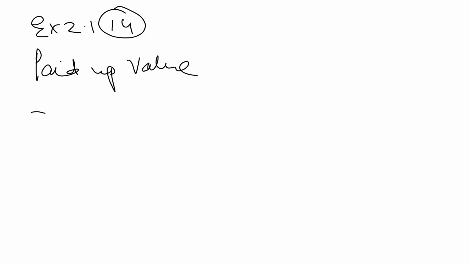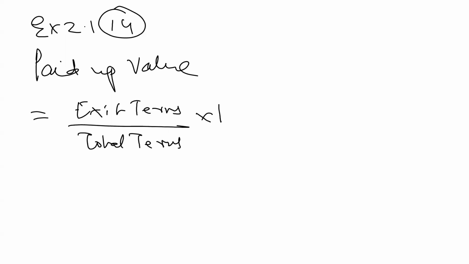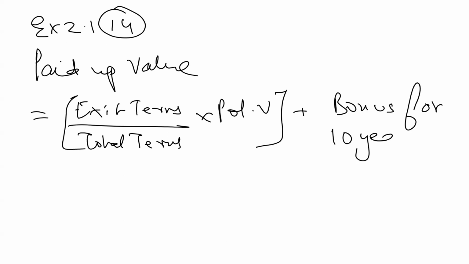So paid up value is equal to exit terms upon total terms into policy value plus bonus. Now in this particular problem, he'll not get bonus for 20 years. The policy is for 20 years, but he'll get the bonus only for 10 years, because after 10 years he is not making any premium payments. So bonus for 10 years. So exit terms is 10 upon total terms is 20. After 10 years he is making an exit. The total term of the policy is 20 years, into 2 lakh